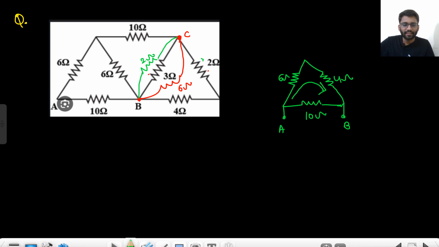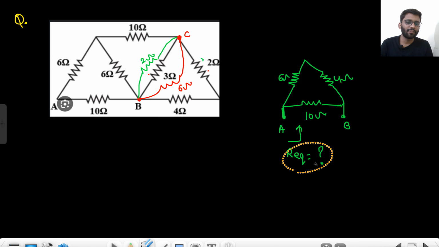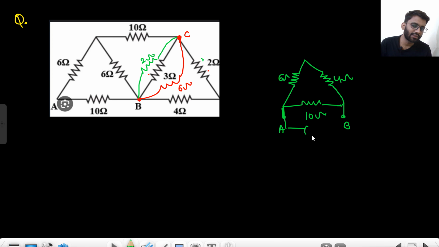Now let's assume I am having some I1 current here. Now the same current will flow through this 10 ohm as well. Will the same current flow through this 10 ohm? No. Why so? Because you are finding your R equivalent here, so this counts as a different node. Look, the right way to get an equivalent resistance is to connect a voltage source here and get the current out of it.